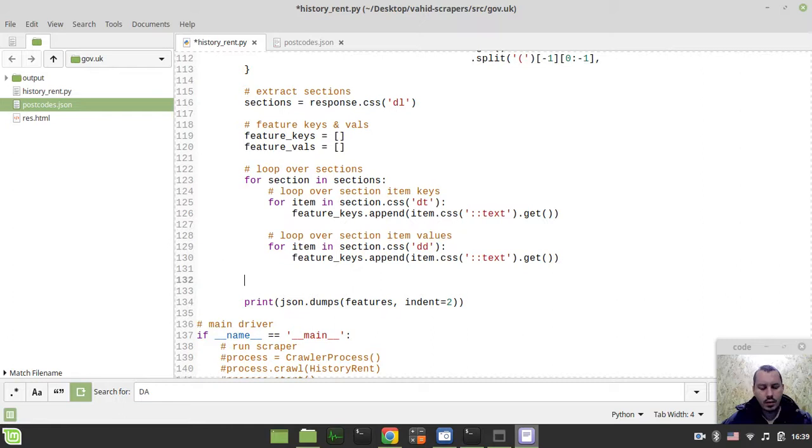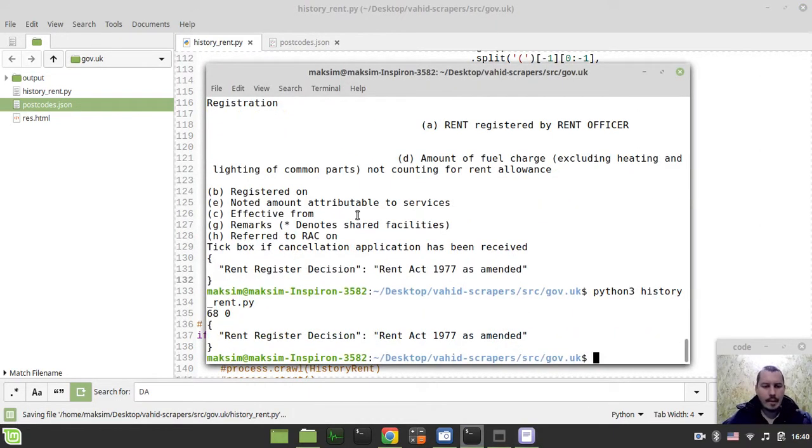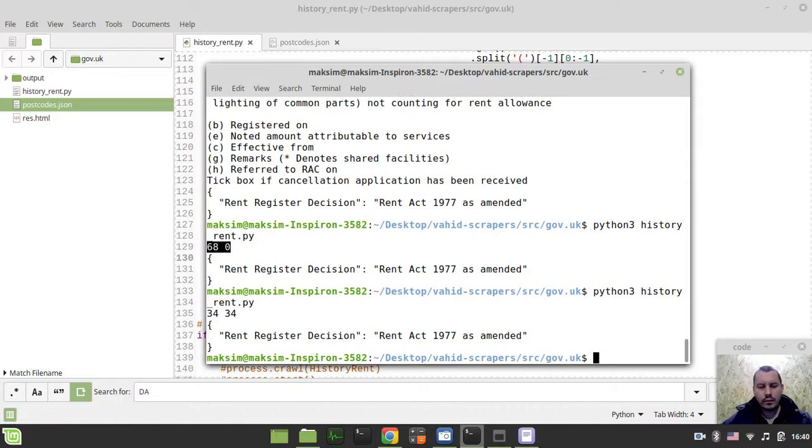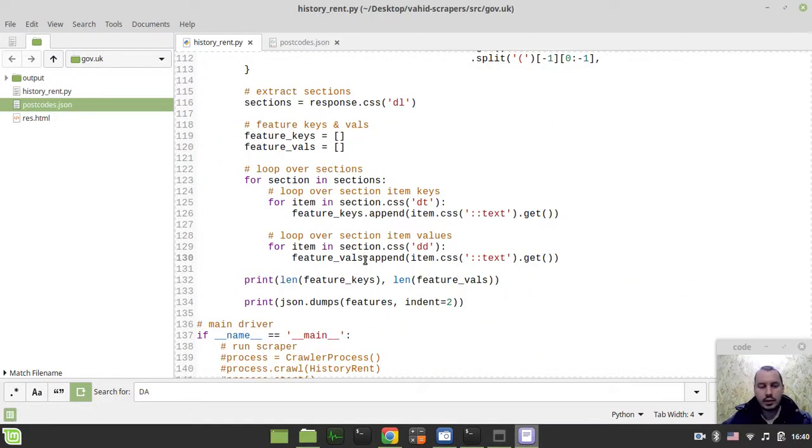and now first let's make sure that the length is the same. So length of feature keys and length of feature values. What? Are you kidding me? Oh, sorry. Feature vals. 34 and 34, which is absolutely fantastic. But anyway,